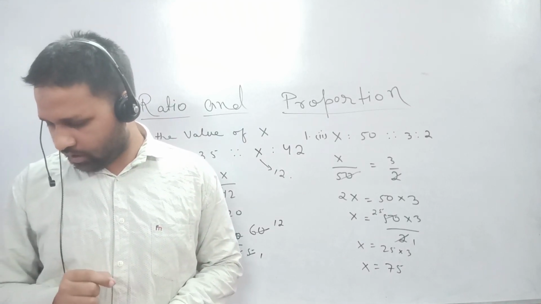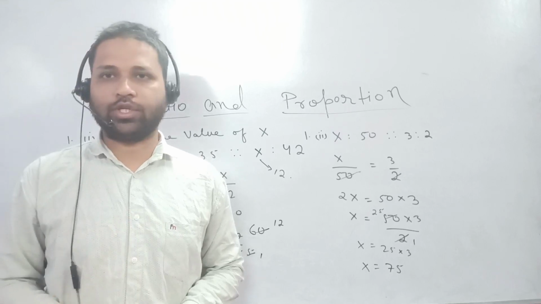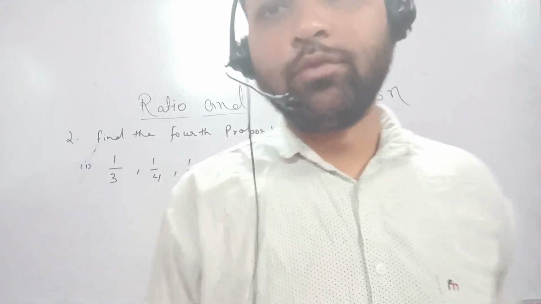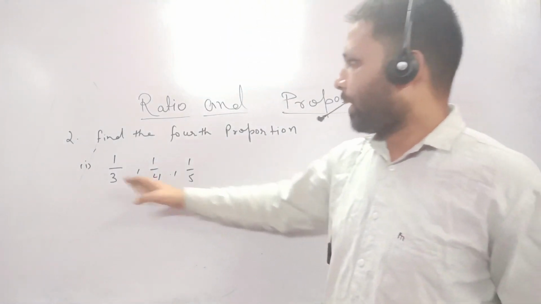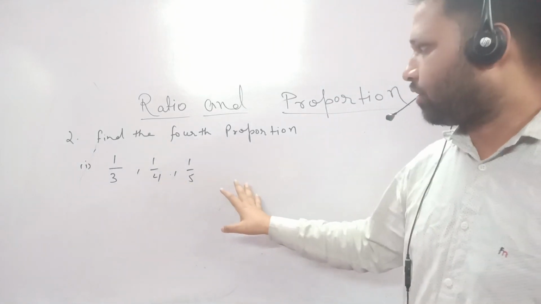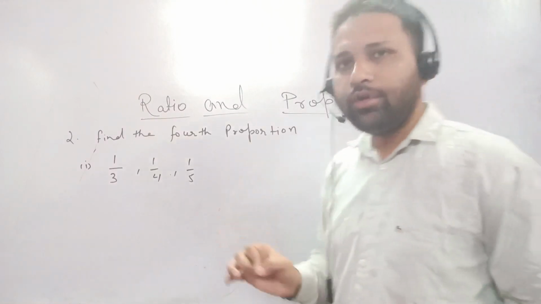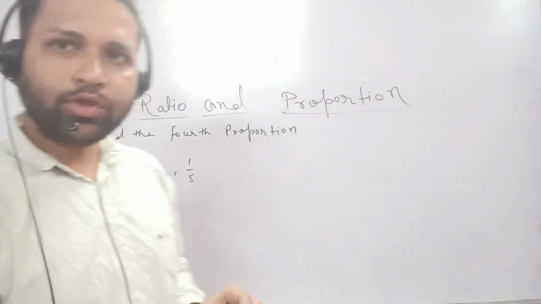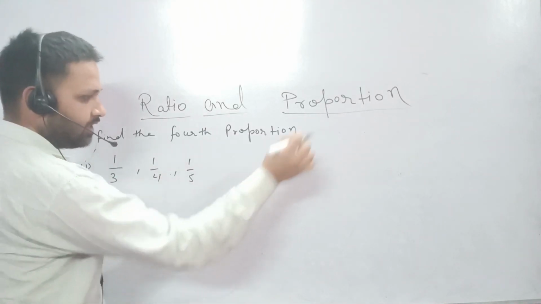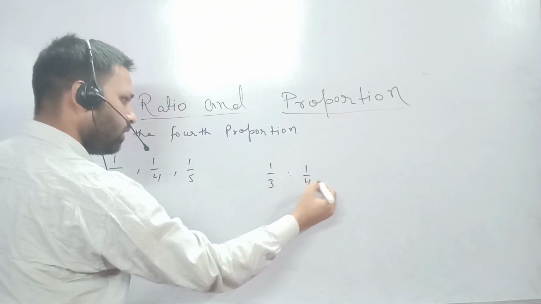Now I am going to solve question number 2. Question number 2 is: find the fourth proportion. In this question we have to find the fourth proportion. Three numbers are given and we have to find the fourth proportion. What will I do? We will use the proportion. Fourth proportion means the last number. We can write the numbers like this: 1 by 3 is to 1 by 4,